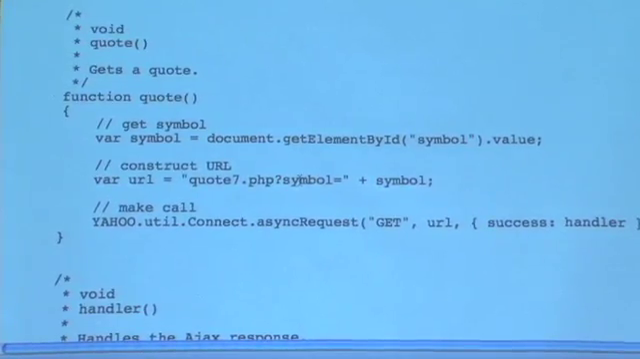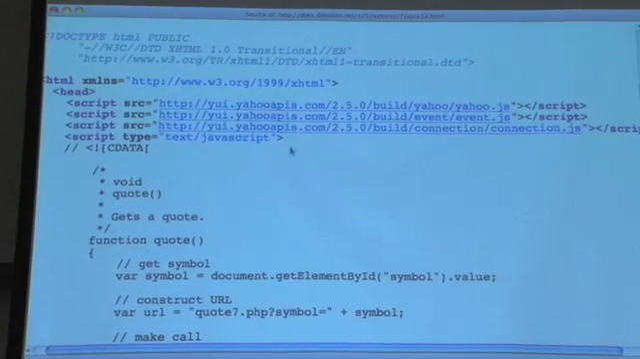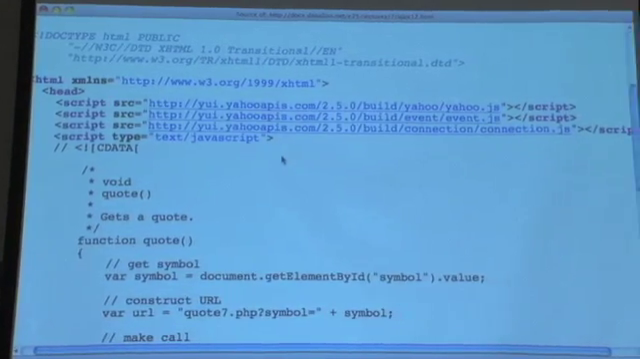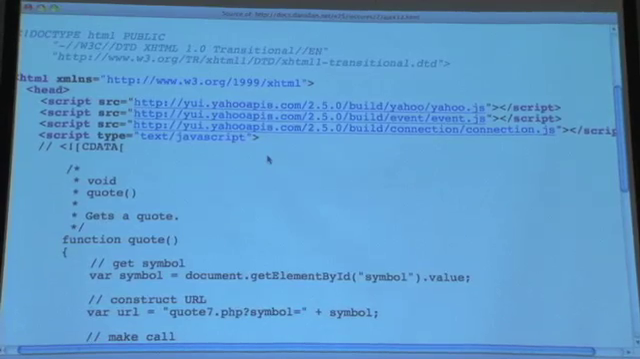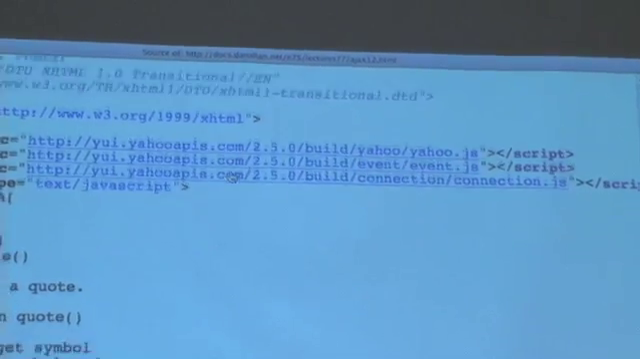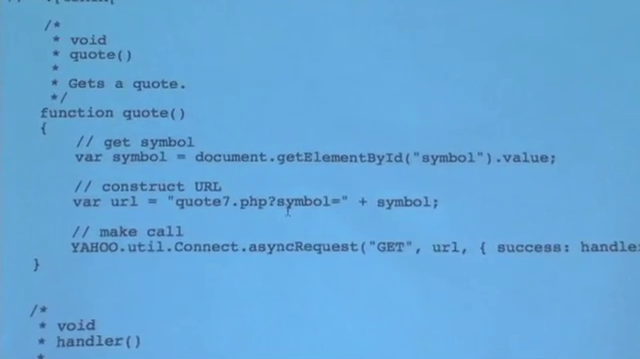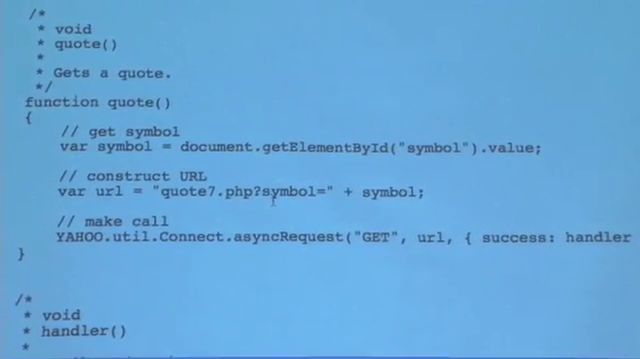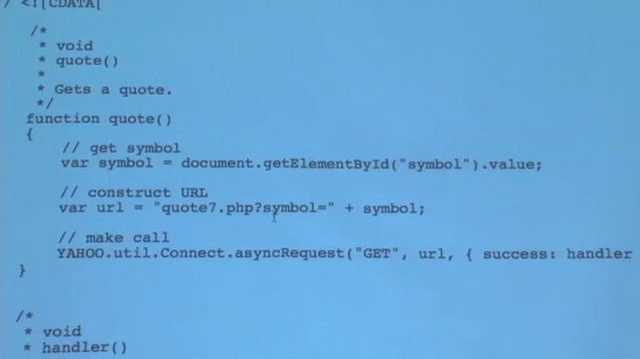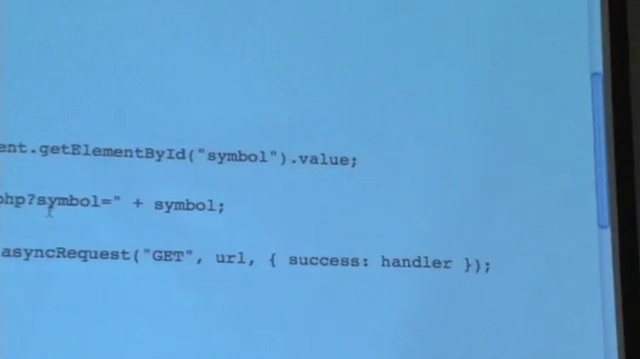So in quote, you'll notice that we've included a variety of YUI JavaScript files at the top, including the connection manager, YUI itself, and event. And basically, all we have to do is create our URL, which is very easy. It's the same thing that we've done before. We just concatenate the string of quote 7 together with the symbol itself. And then we tell Yahoo, or we tell YUI, that we want to perform an asynchronous request that is of type GET. So we're going to use a GET query. We're going to pass it the URL. And you'll notice that we're passing it